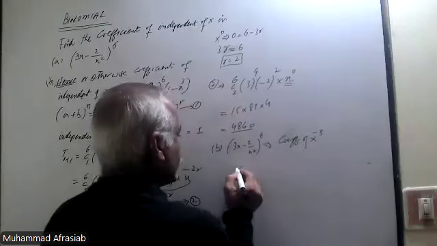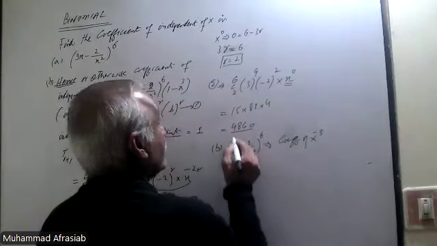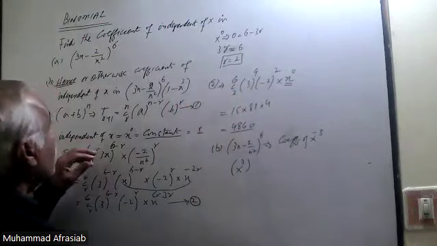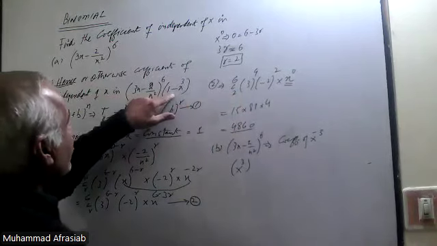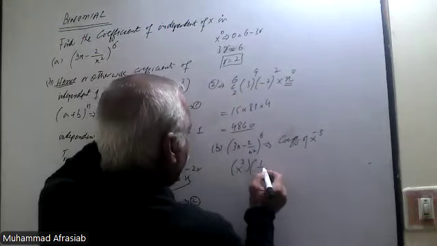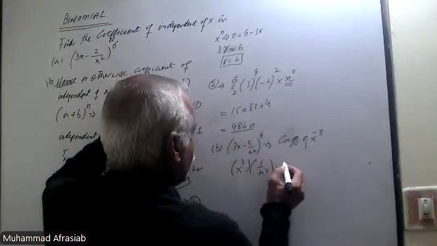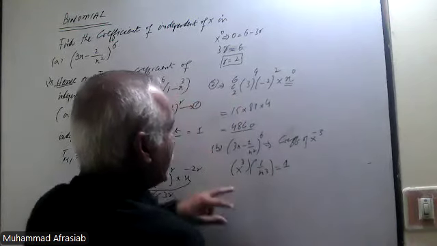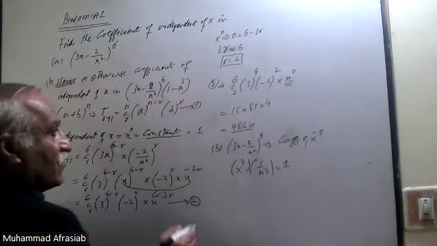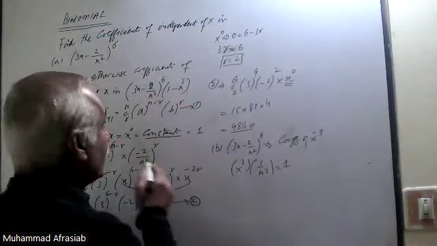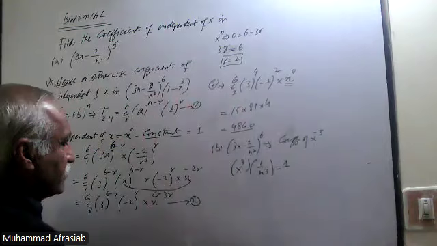Why? Because x cubed is this term, and it is multiplied by 1 over x cubed, so it should be equal to 1, and that is independent of x. So for this, we use the same formula, that 6 minus 3r